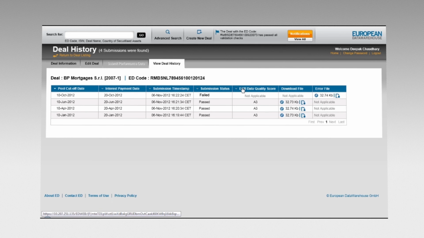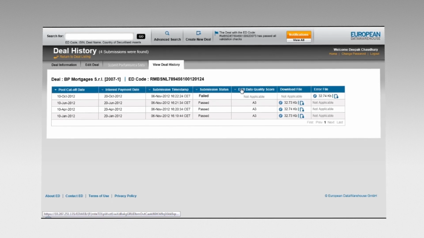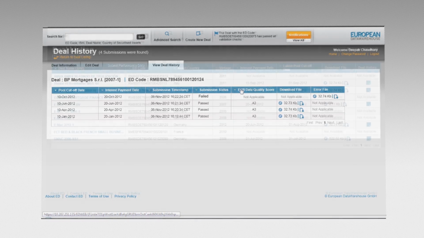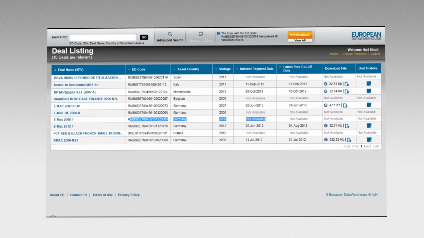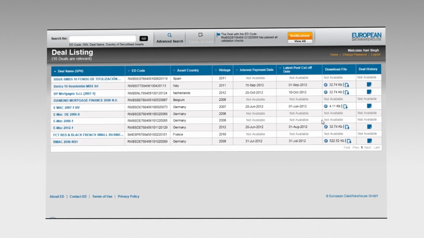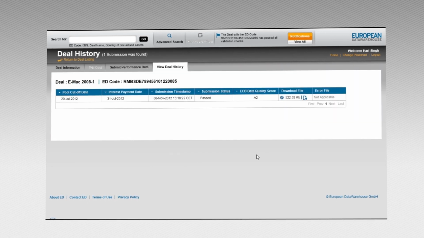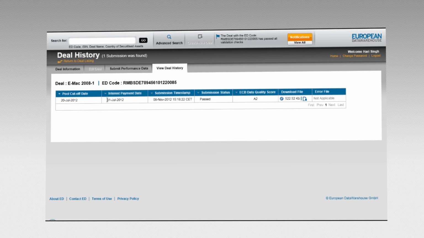Should a data file fail in Edwin validation, an error file is automatically generated and made available for download to assist the data provider in identifying and correcting the data issues which caused the file validation failure. Data providers have ready access to deal information and can download it directly or by clicking on the icon. They can also click on the deal history icon to see the entire history of the deal and download all